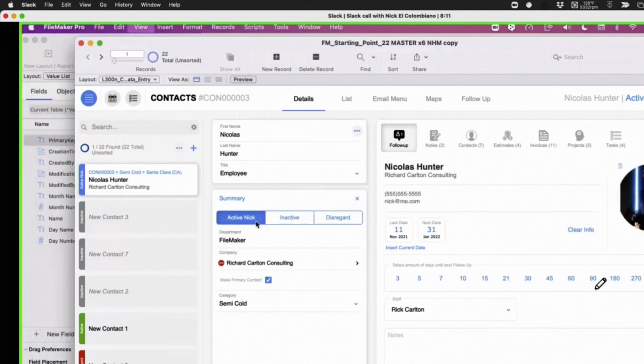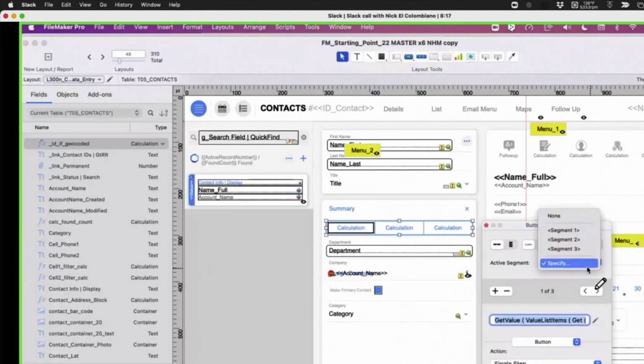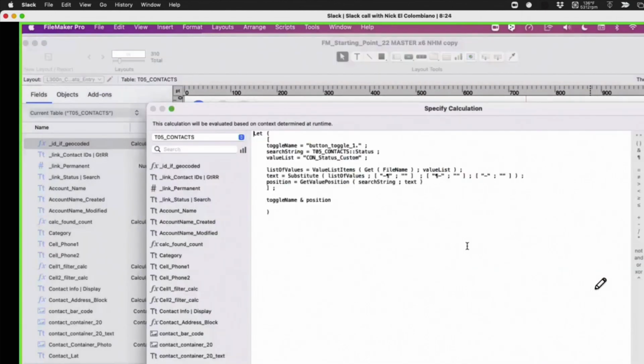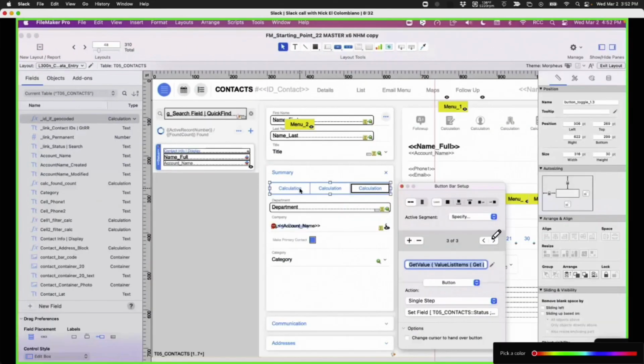Because you all know that the active segment of the custom button bar is based on the name of the object. This is button toggle 1.2, 1.3, and this is 1.1.